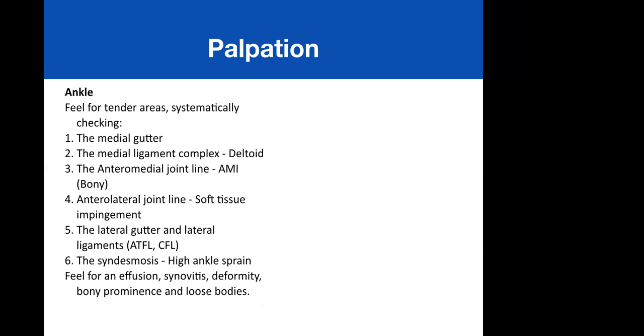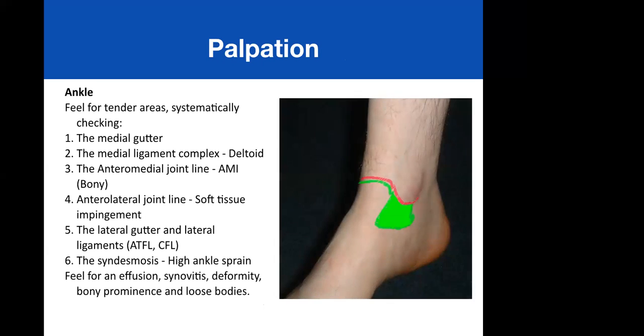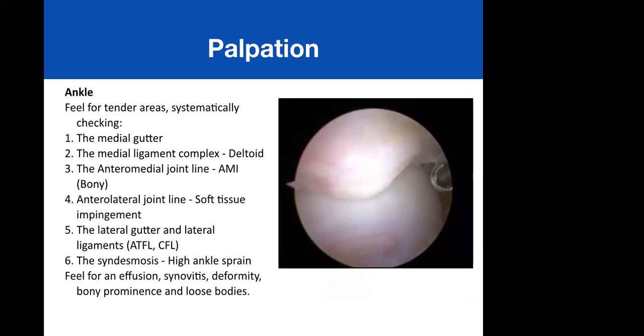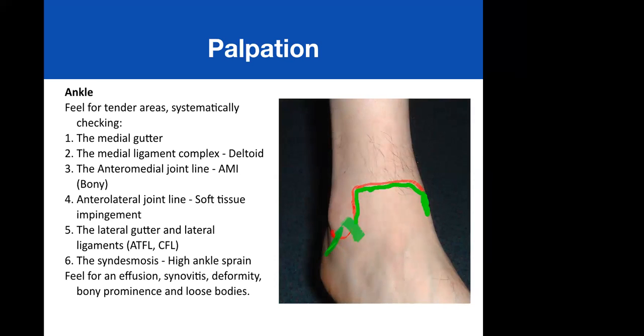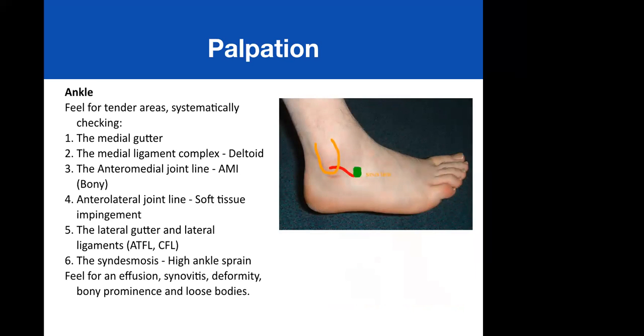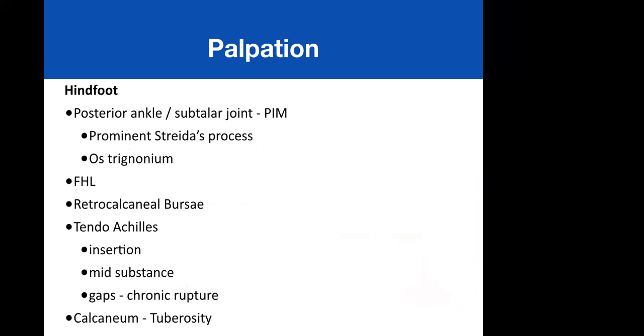So if you have to go systematically in the hind foot for the ankle, tender areas, look for medial gutter, medial ligamentous complex where you can have anteromedial impingement or bony, or look for anterolateral side, you can look for the syndesmotic injuries, lateral gutter, look for fibula, and go further down and look for any signs and symptoms of the lateral ligamentous complex. That's where is the sinus tarsi, where you will come across more subtalar joint pain and the deformity and arthritis involved with subtalar coronal plane deformities.